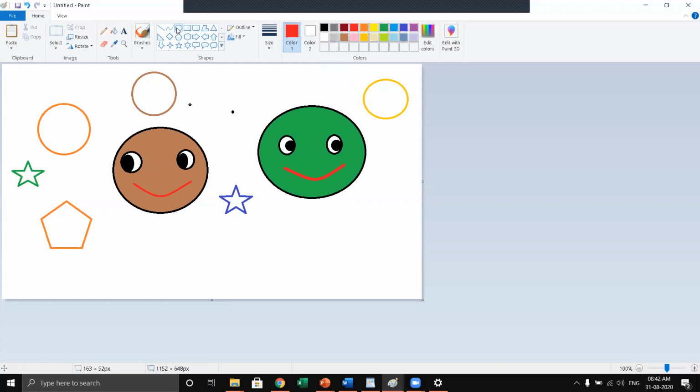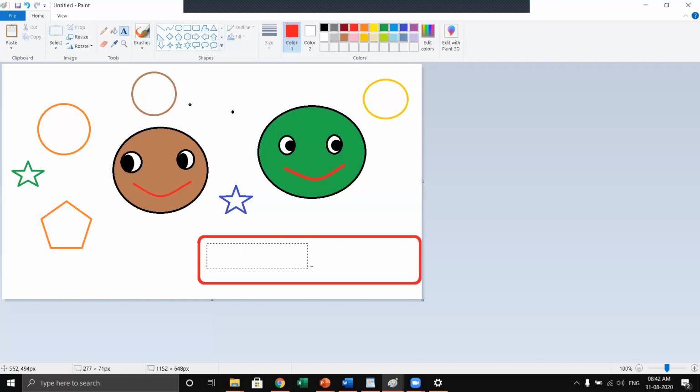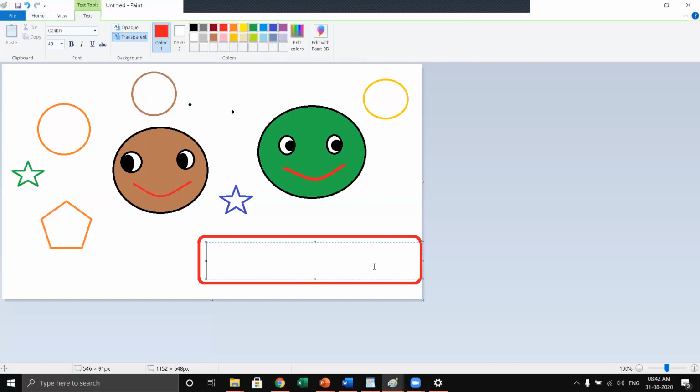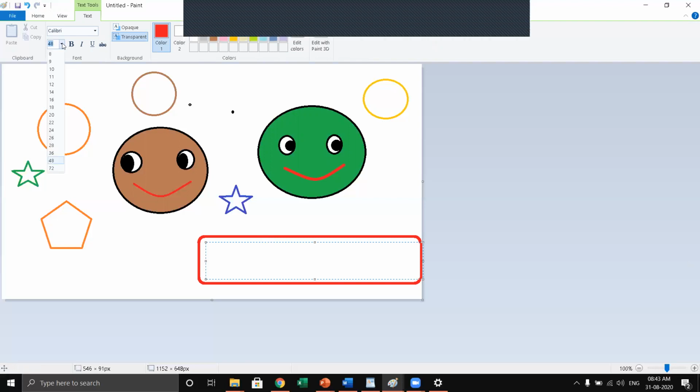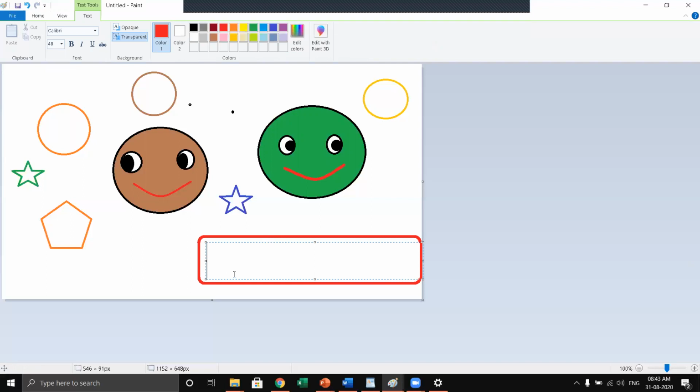Okay. Next I have to also write good morning day. First I have to select a shape. Okay. Next what I have to do is select this text box. Can you observe A here? Yes, select the text box A. Drag inside. Okay. And now already the font size is, can you see the cursor is very big, since it is 48. So here is the size to increase or decrease. Can you observe here? Okay. Already 48 is there.